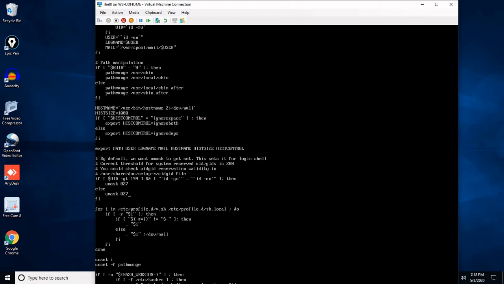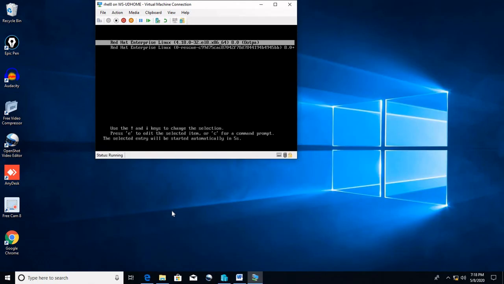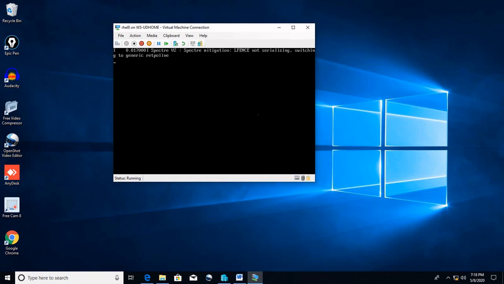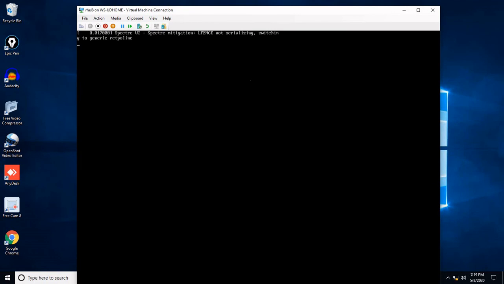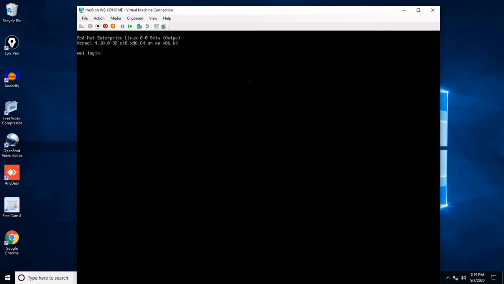Now I'll save it with escape and I'll restart the system. Now the default umask is 027.